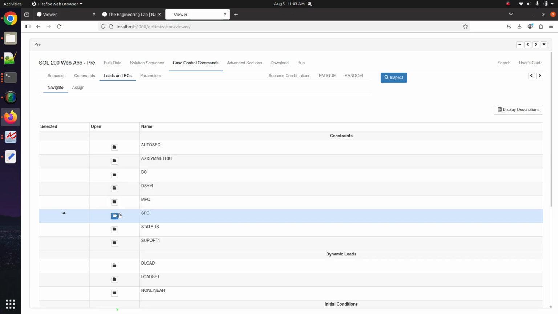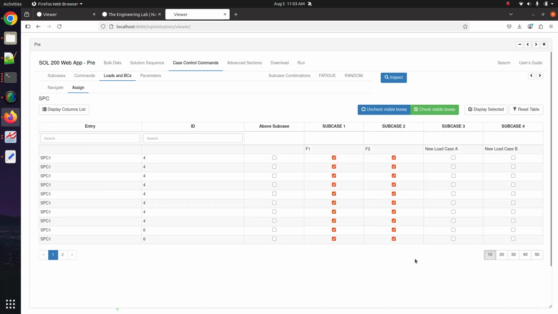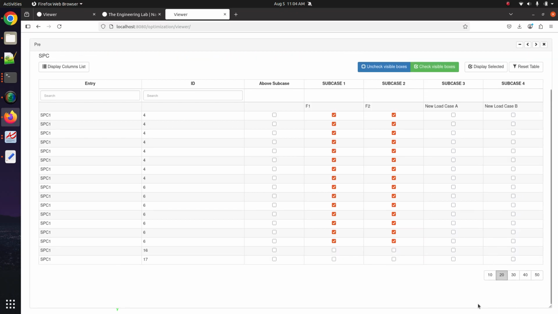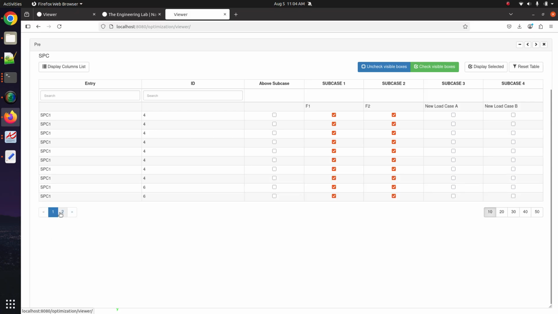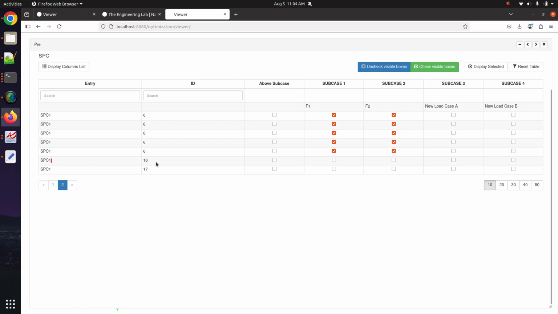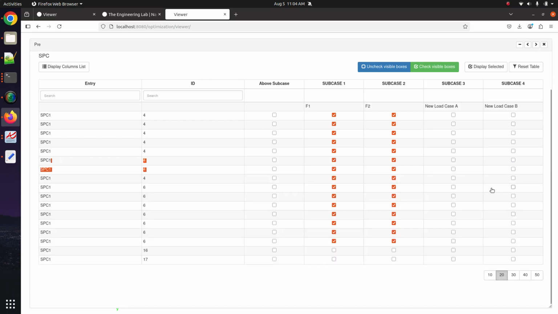So for loads and BCs, let's go ahead and click on SPC. And there are going to be a lot of SPCs here. Let's go to the last page. So here at the bottom row, you could do a few things. You can control the number of rows you display, or you can flip through the different pages of the table. Here I flipped to page 2, and the last 2 rows have the boundary conditions I created a moment ago. Or you can display 20 rows, and the last 2 rows are the same rows, the 2 boundary conditions we